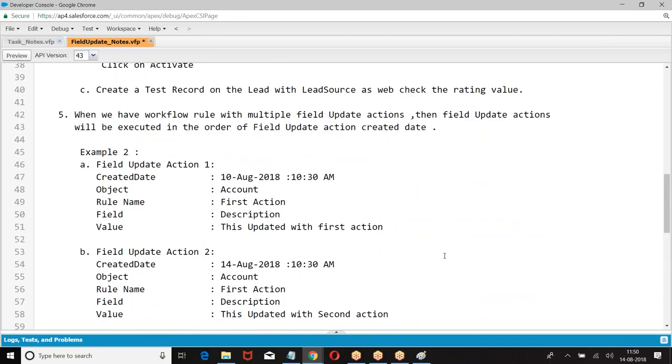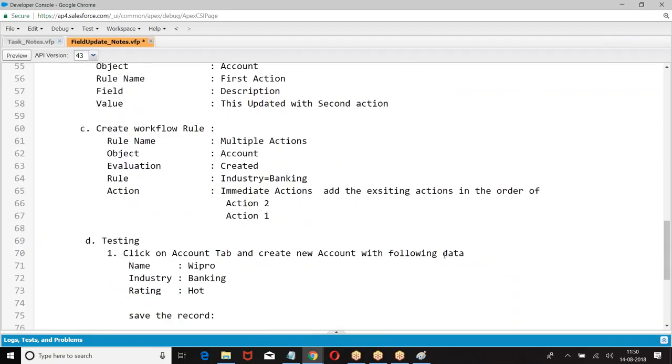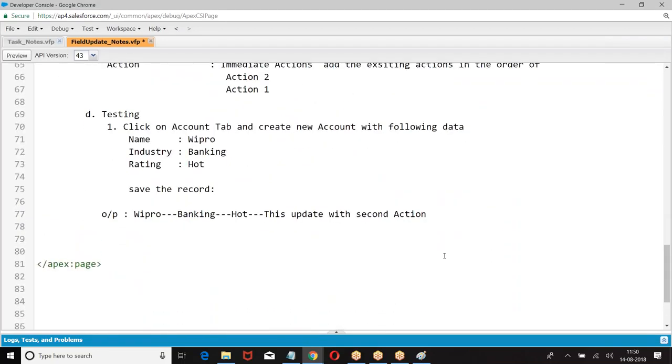Right, boss? Now, what is the next rule we have? Workflow rule created with the multiple actions. This is one workflow rule with the multiple actions. Next one is what?